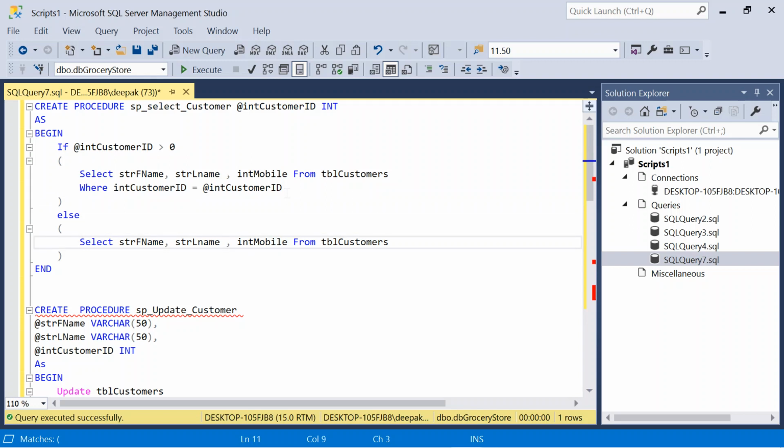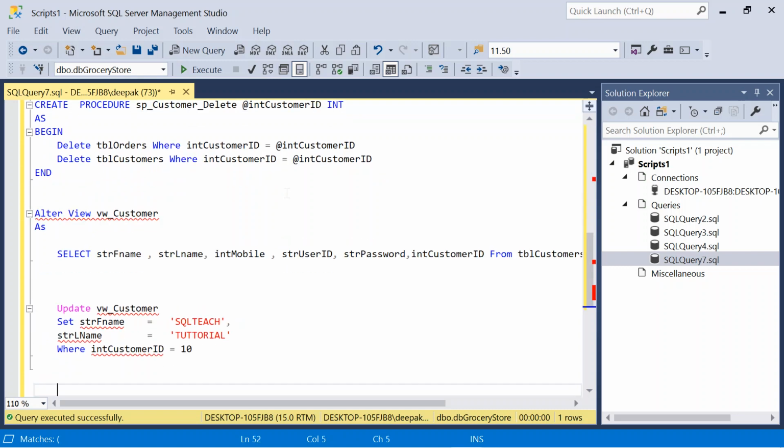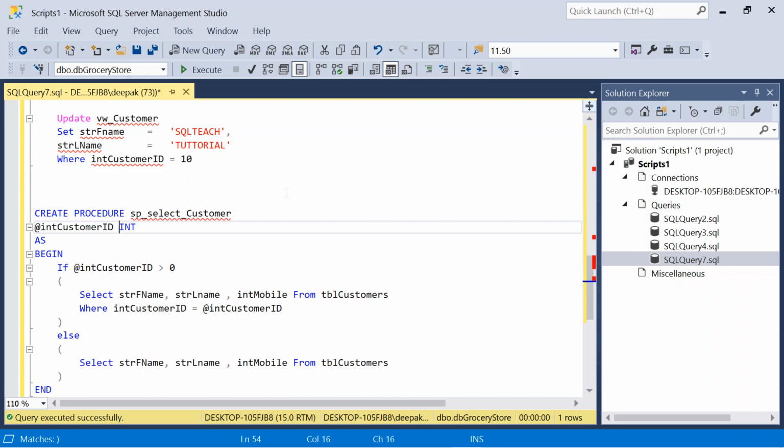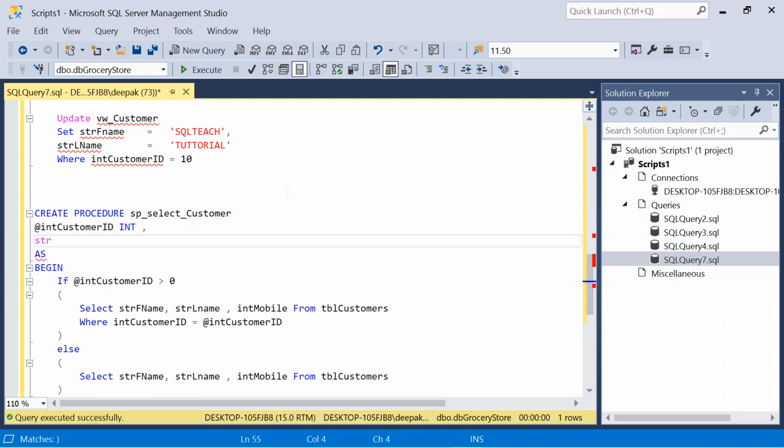Suppose I write a stored procedure where we pass customer ID and fname and lname is returned as a parameter, instead of having an entire select statement. Here we go. In customer ID, strfname varchar 50 output.